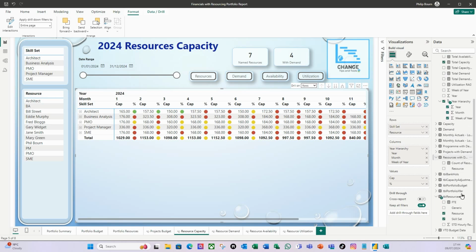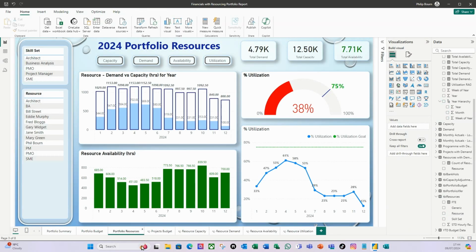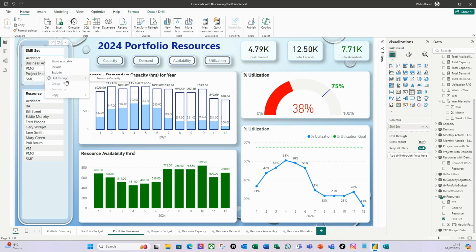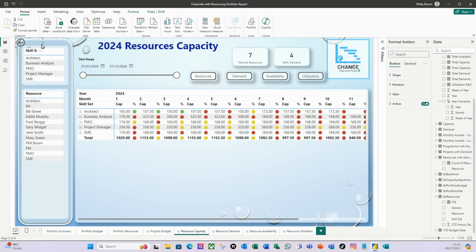So I'm going to go down to my resource table, and I'm going to drag skill set into the drill through, and I'm going to drag resource in there as well. And now from portfolio resources, if I right click on that, I've got drill through to resource capacity. Wonderful, that works. So let's go back to resource capacity. You see this arrow's appeared now, which is the navigation back based on the drill through. I'm going to take that, I'm just going to move it